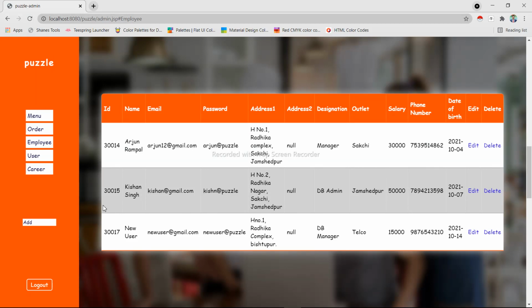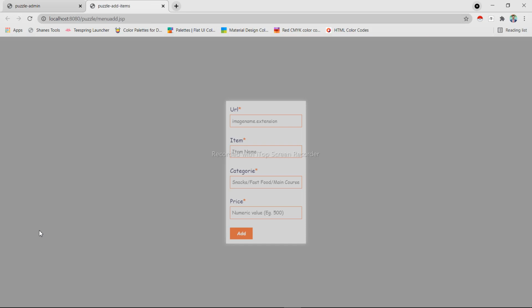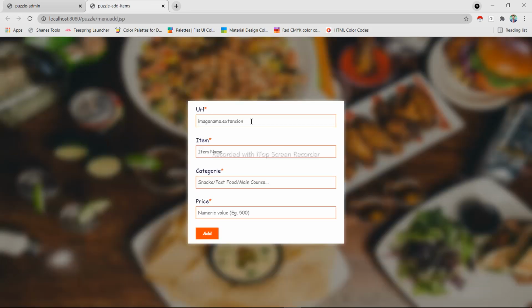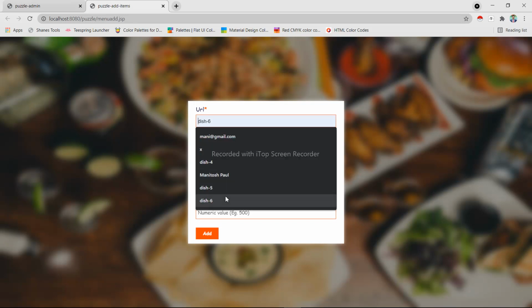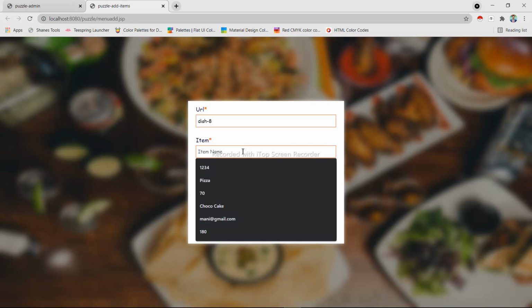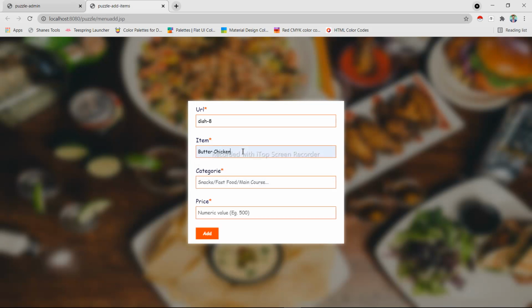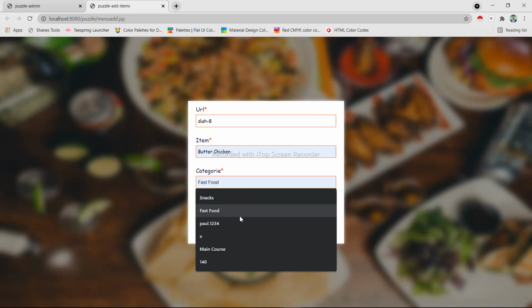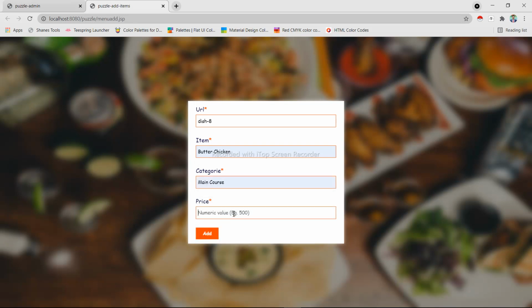Now let's add an item. So let's add dish 8, and dish 8, I think it was butter chicken. And category, let's give it main course, price 120 per plate.